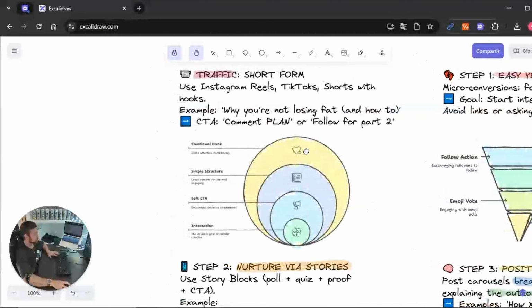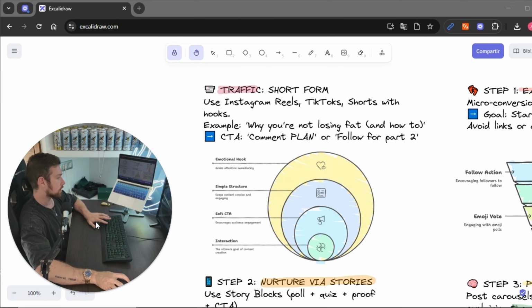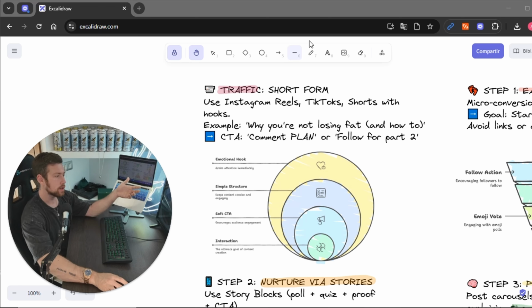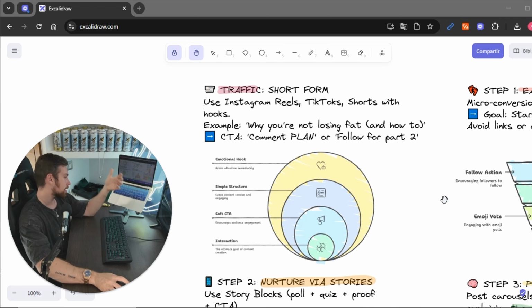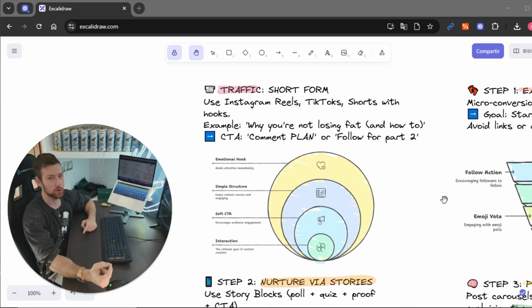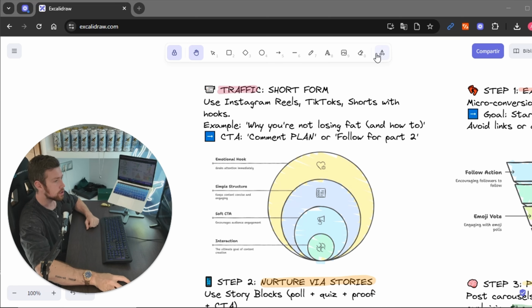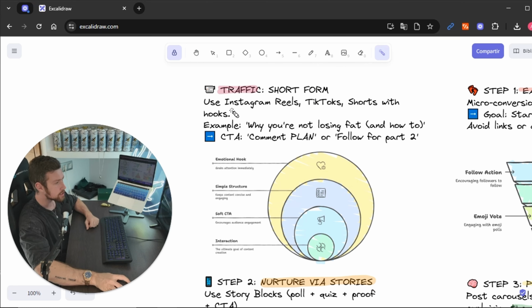So first of all, as I was saying, we'll have traffic in a short form style. So you need to leverage short form. I'm not saying that you need to go viral, you need to be an influencer. And by the way, this is the worst thing that can happen to you. So you don't want to be viral or be an influencer as an online coach, right? So you're going to be using Instagram Reels, or YouTube Shorts and Instagram Reels, with hooks to talk to your potential customer.